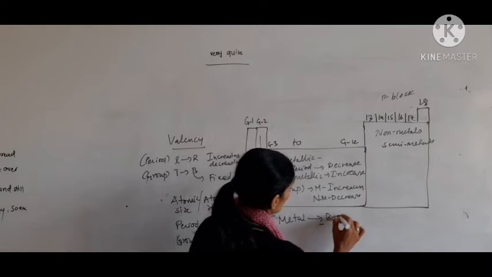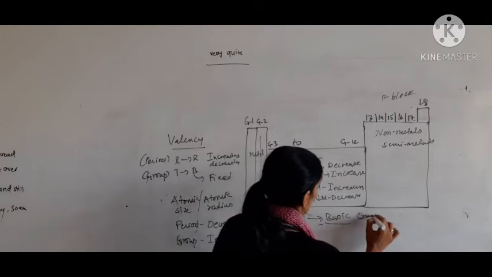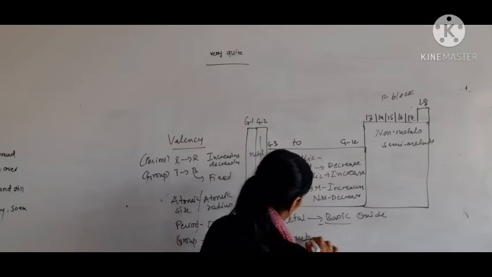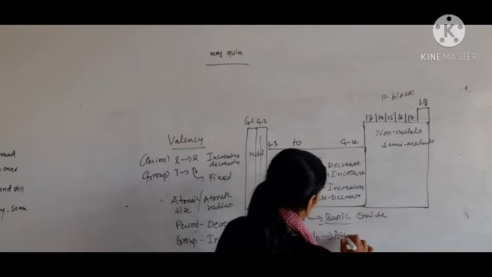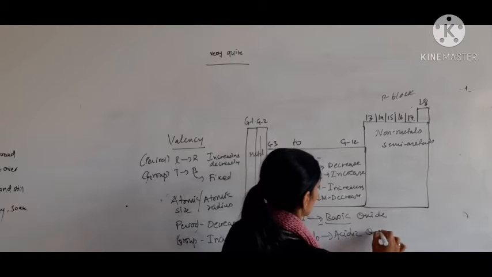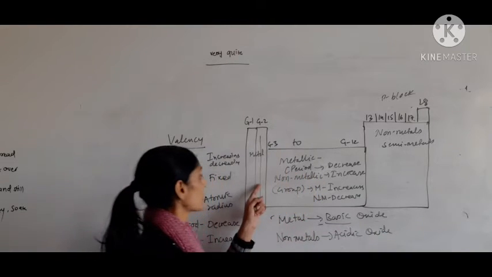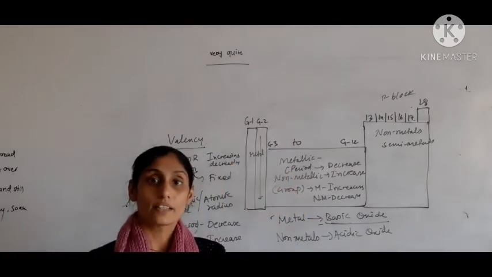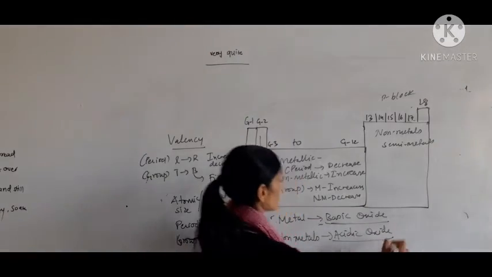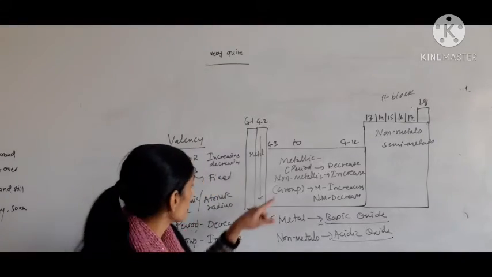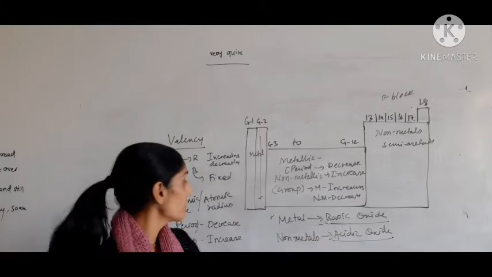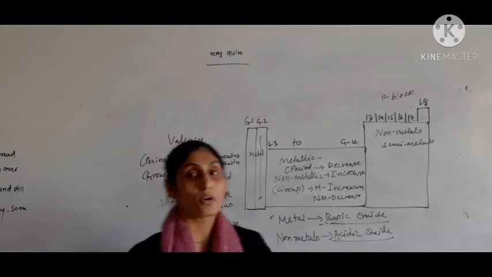Metal हमेशा कौन से ऑक्साइड फॉर्म करेंगे? बेसिक ऑक्साइड्स. And non-metals they are forming the acidic oxides. So when you talk about that oxides, when we are moving left to right, nature of basic oxide decreases, nature of acidic oxide increases. In same manner, for the group, nature of basic oxide increasing, whereas the acidic oxide is going to be decreased.